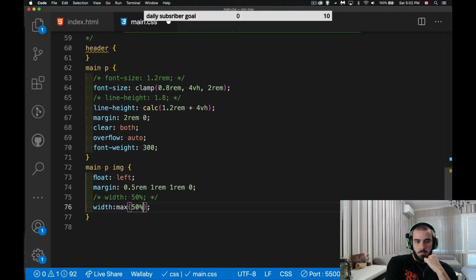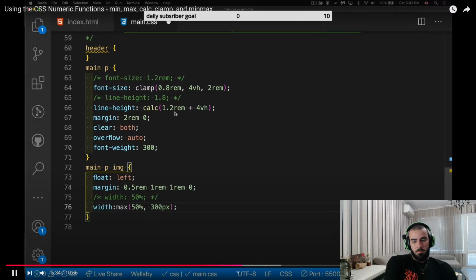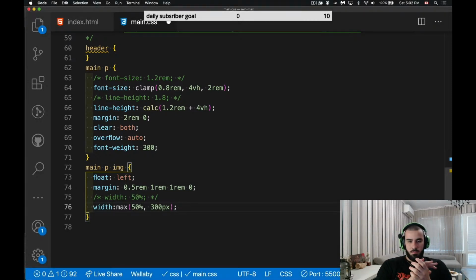And if I said 50%, comma, 300 pixels, I'm saying which is the largest of these two values. So as your screen changes width, that's going to change how big 50% is. So it's going to pick the larger of these two. It's kind of like saying,